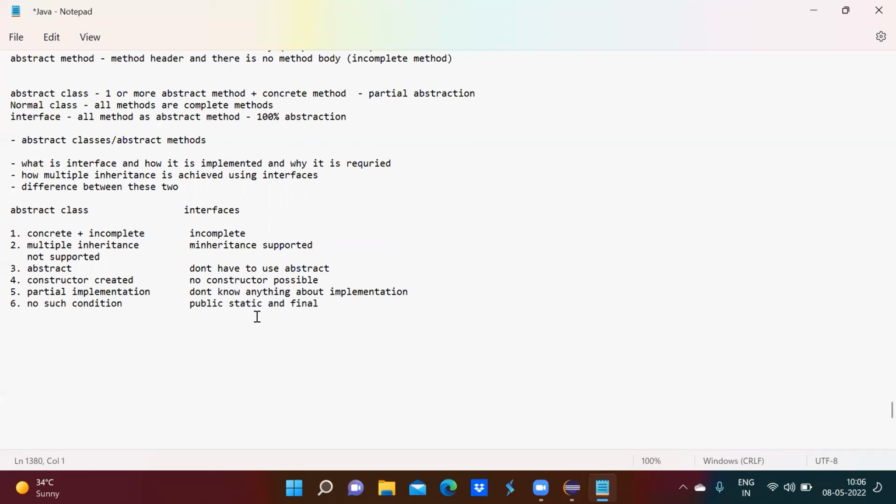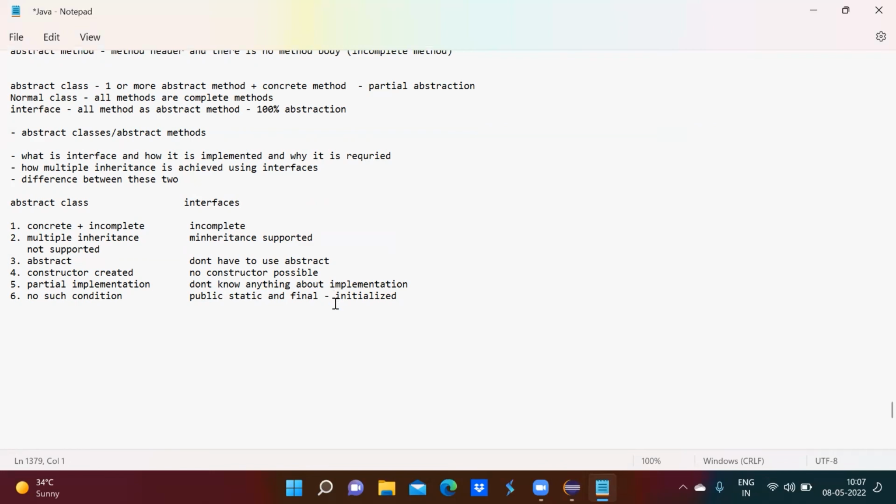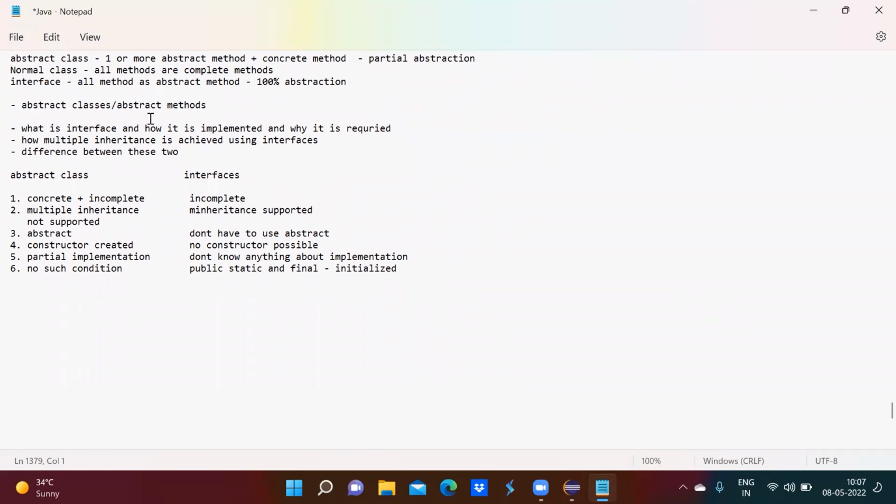In case of interfaces, variables should be initialized at the time of declaration only, but there is no such condition in abstract classes. So public, static, final plus initialization. Okay, so that is another difference. And then